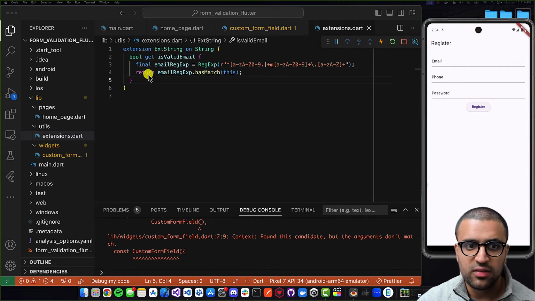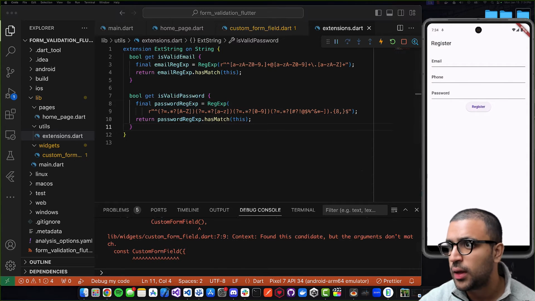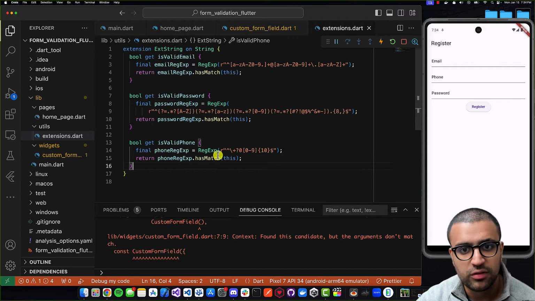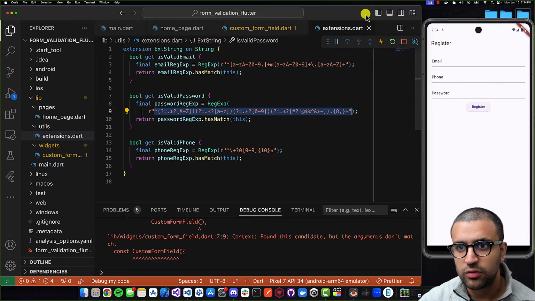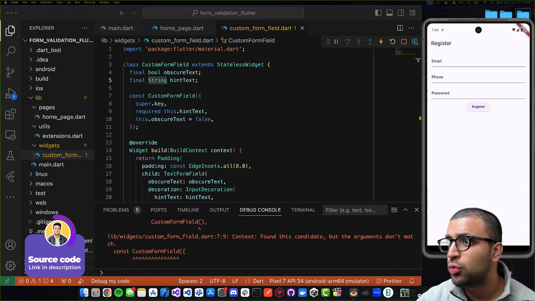Then I'll copy and paste in another getter function, and this is to check if a valid password was entered. And then I'll paste in another one for valid phone and do command save. So the logic for all of this is the same. We just change the regular expressions. Then I will come back to my custom form field, and here what I'm going to be doing is defining